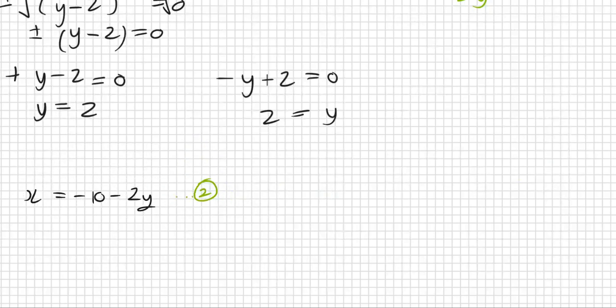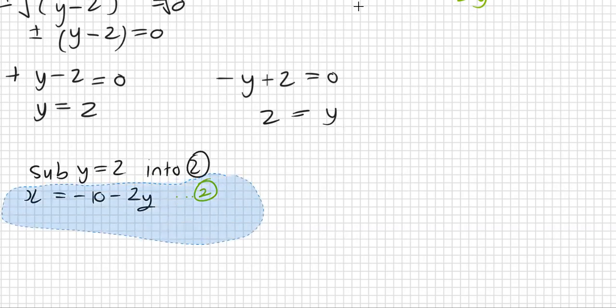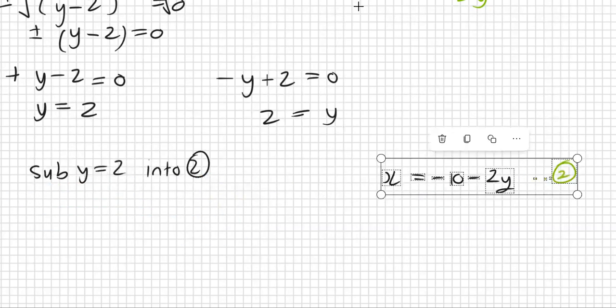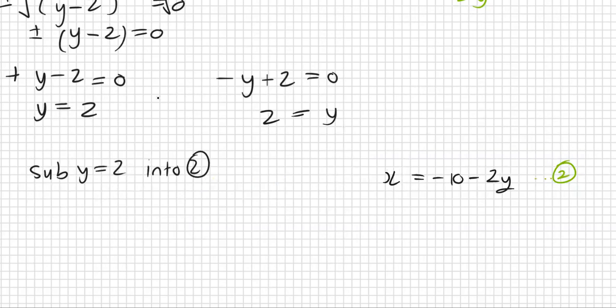So we sub y equal to 2 into 2, which is down here. This wouldn't actually be a part of your proof, this part. So let's just move it away. So x equals 2 minus 10 minus 2. Every time you see a y, you change it to a 2. Minus 10, 2 times 2 is 4. So it'll be